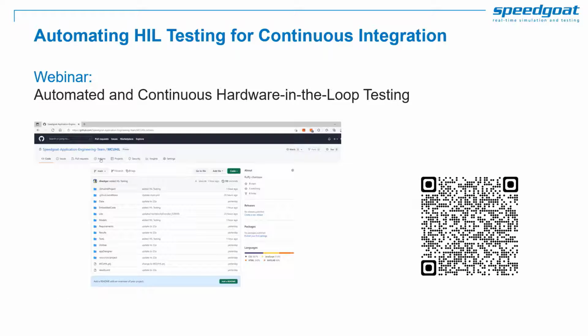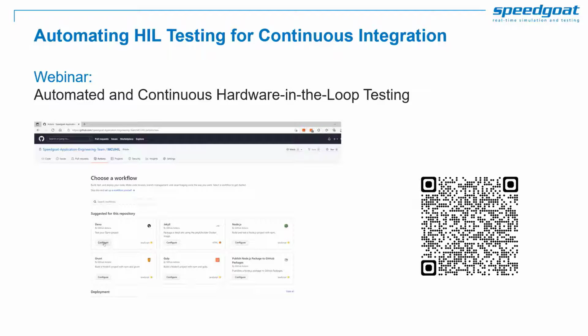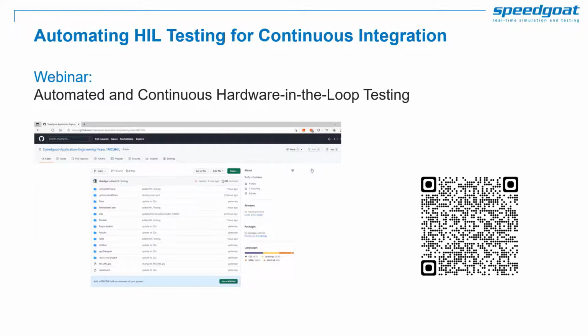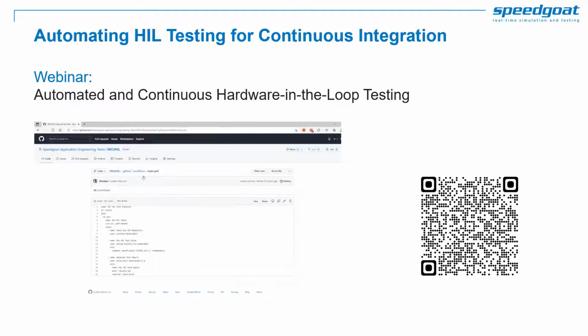If you're interested in further leveraging the integration of SpeedGoat with MathWorks and other third-party tools, I encourage you to watch our webinar on automated and continuous integration hardware-in-the-loop testing. It details the integration of the Simulink project with version control tools like GitHub and test automation servers for CI workflows.